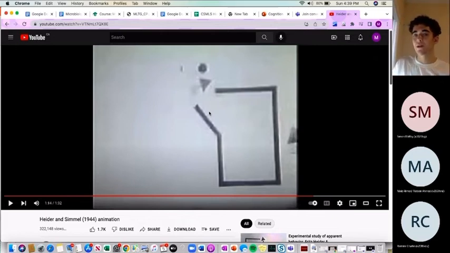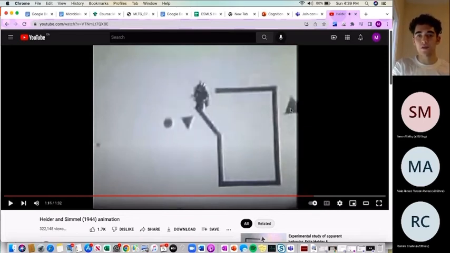So we're interpreting a lot of social relationships here. We might also interpret a sort of power, like this big triangle might be more powerful than these two because it's bigger. We're also interpreting these three things as agents, even though we've never seen anything like this behave in an intelligent way before. For some reason we're interpreting these things as agents with a sort of will and desires. Like these things desired to get in here, he desired to keep them out. Maybe this was his space, his property.